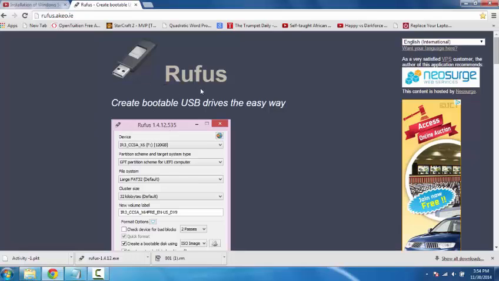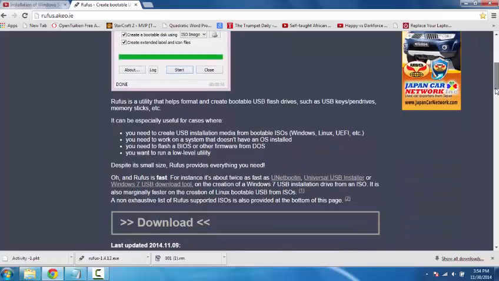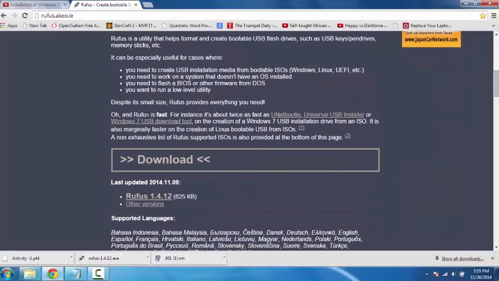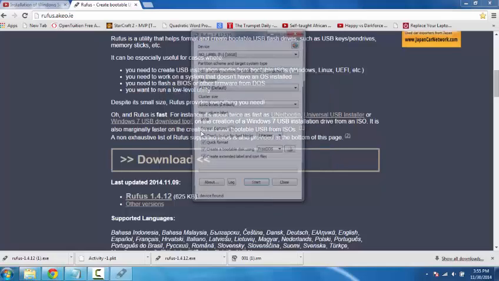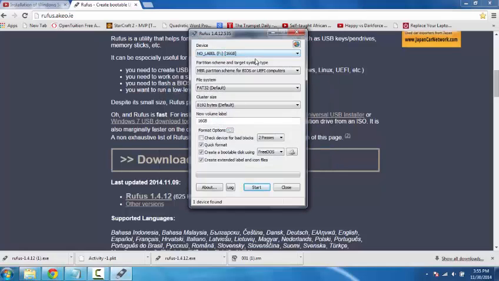and here on the Rufus website, scroll down to the download link. Here it says last updated 2014 November 9. Go ahead and click the link here, and just wait for it to download, and as it's finished, go ahead and click on it, and the Windows Security User Account Control block will pop up. Go ahead and click yes to run Rufus, and here you can see